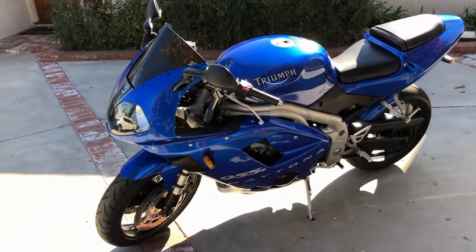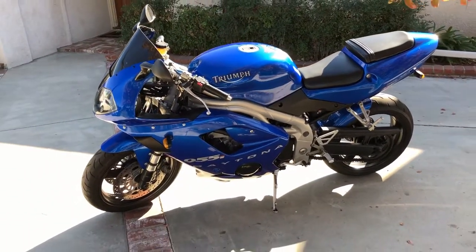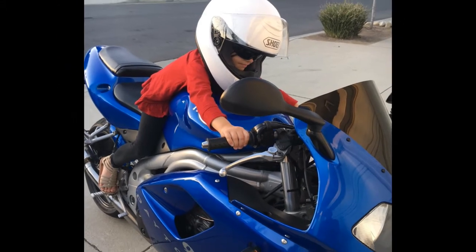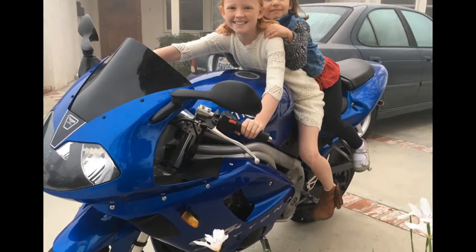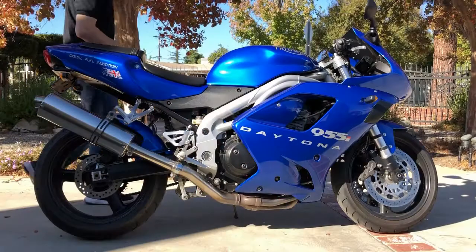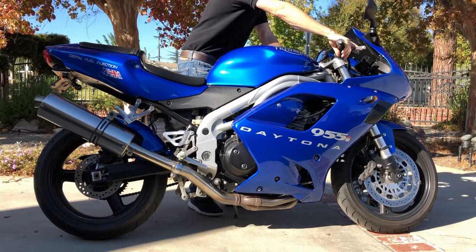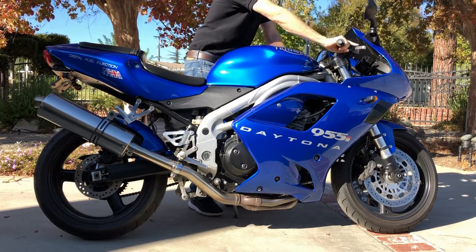The chassis was also changed for 2002, including a steeper head angle, shorter wheelbase, lighter double-sided swingarm, and other weight-reducing measures, making it more agile than earlier models. The result is this 150 horsepower package you see before you, with a weight of about 400 pounds, and it's not too shabby. Bodywork was also lightened and completely refreshed for 2002, and beneath that bodywork, there's a fully adjustable suspension and an oval tube alloy frame that wraps around the heart of the beast, a 955cc fuel-injected inline 3-cylinder